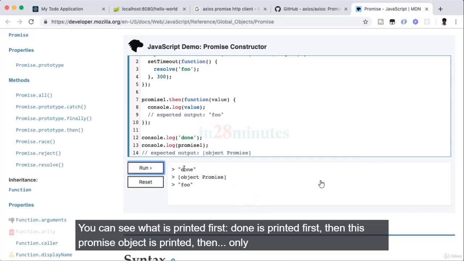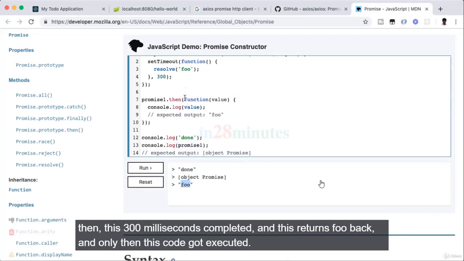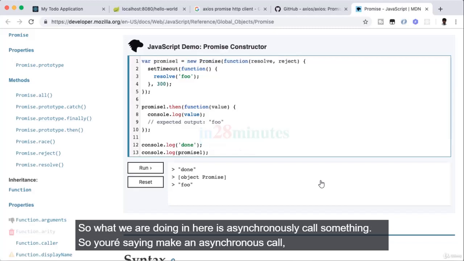You can see what is printed first. Done is printed first, then this promise object is printed, then only then this 300 milliseconds completed and this returned foo back, and only then this code got executed. So what we are doing in here is